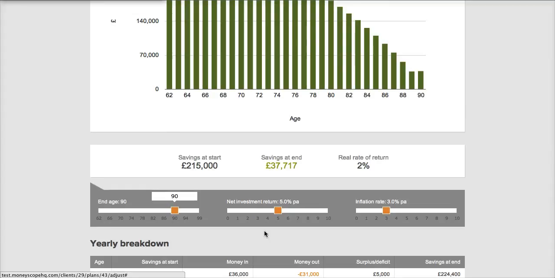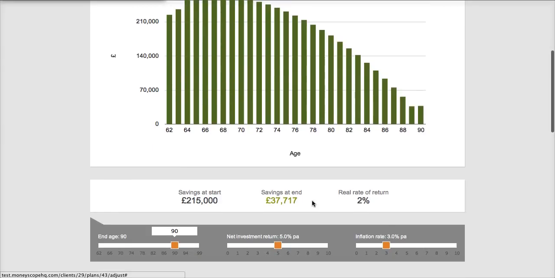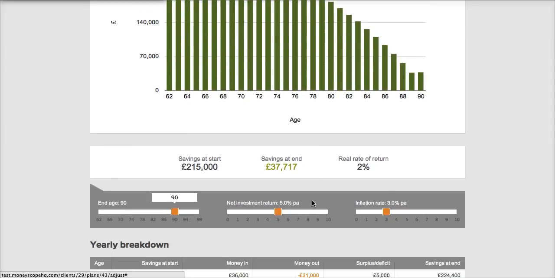We now have the net investment return and the inflation rate sliders here too. If we just go to the summary bar, we have a real rate of return of 2%. That's the net investment return minus the default inflation rate, which is at 3% here. So at the moment, Martin's cash flow forecast is looking quite positive, but let's see what happens if we make